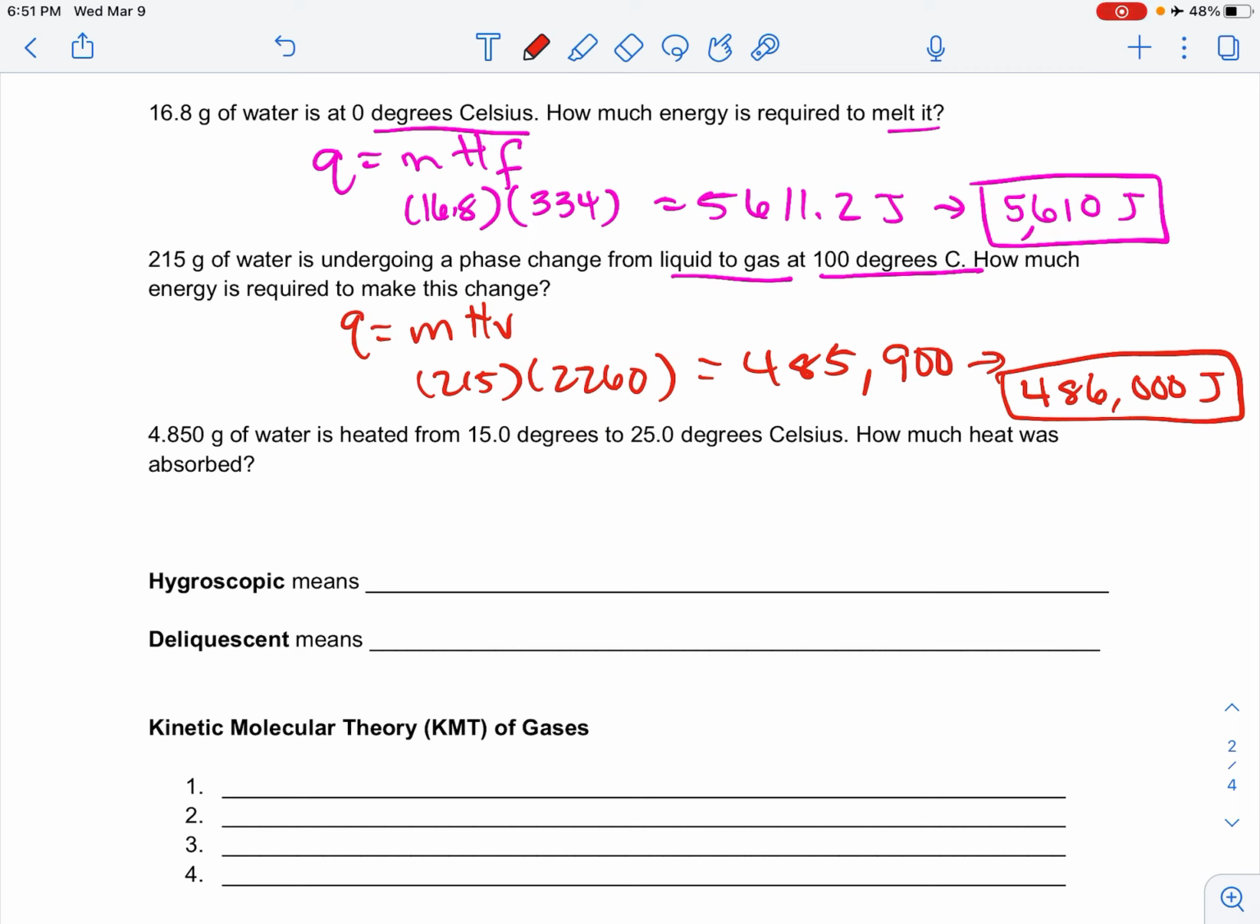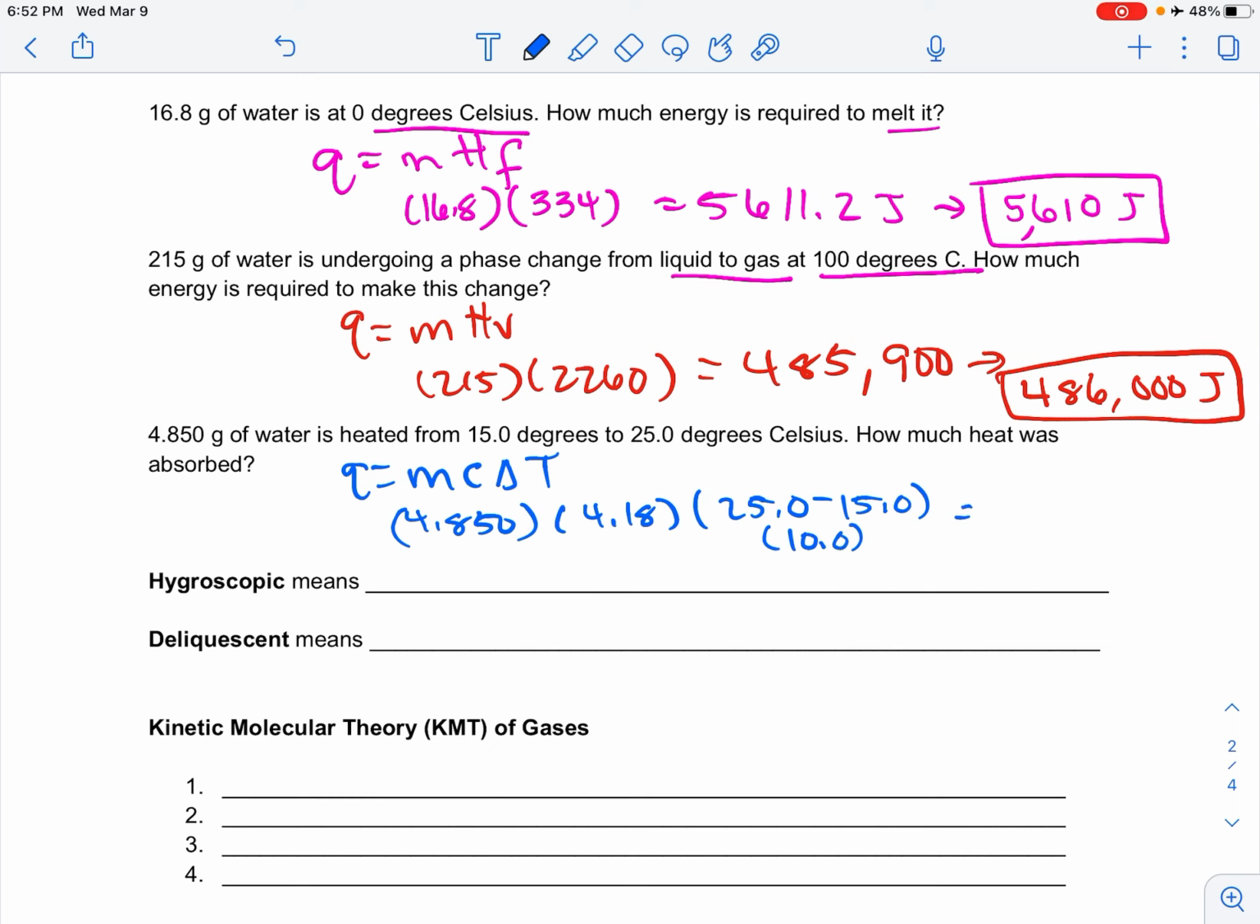4.850 grams of water is heated from 15 degrees to 25 degrees Celsius. How much heat was absorbed? I see a temperature change, so I'm going to do Q equals MC delta T. 4.850 times specific heat is 4.18 joules per gram degree Celsius. T final minus T initial, which is the same as 10. So 4.850 times 4.18 times 10 is